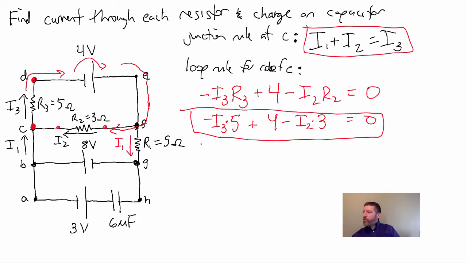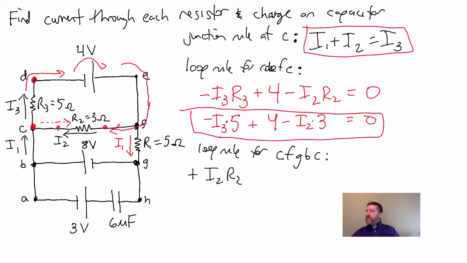Let's go ahead and do this loop. We're going to do the loop rule for this loop, C, F, G, B, C. Again, starting and ending at the same point. So starting at C, now if I travel around, and again my direction of travel, I'm walking around this way, that's my traveling direction. Notice I'm going in the opposite direction of the presumed current I2. So that means what I'm going to have is, in the opposite direction, plus I2 R2,